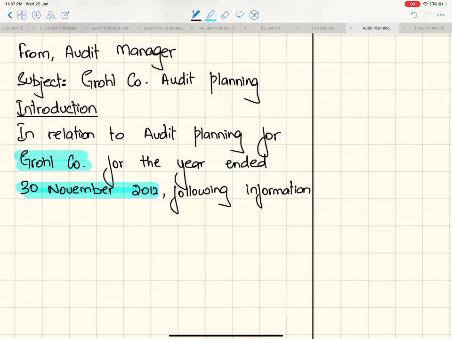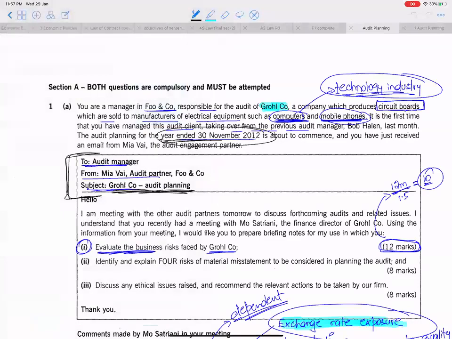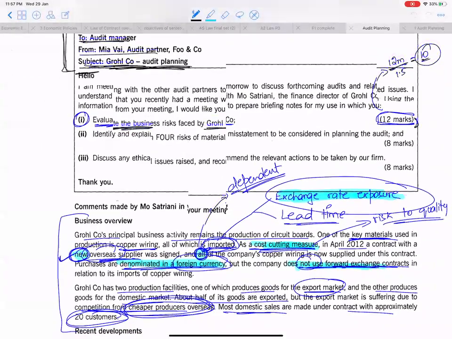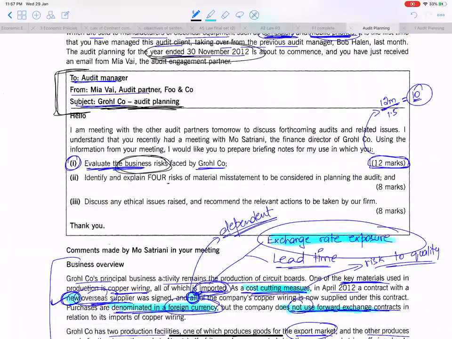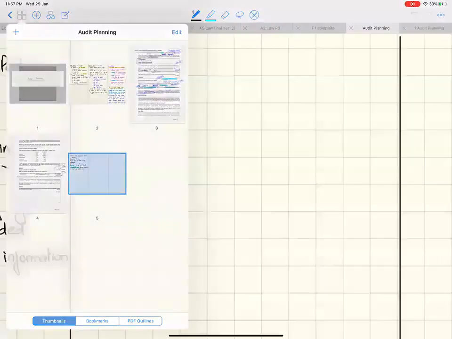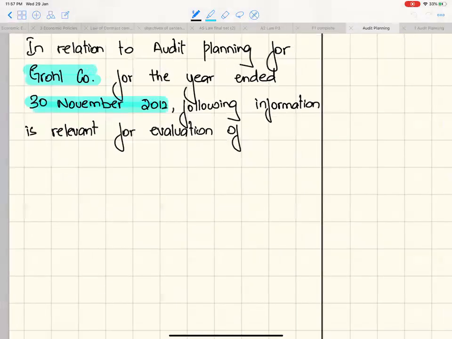Information is relevant for evaluation of. Now, for evaluation of. Now, you have to identify the key word of each requirement. First requirement is business risk. Second requirement is risk of material misstatement. And third requirement is ethical issues. So you have to identify the keywords in every requirement for evaluation of